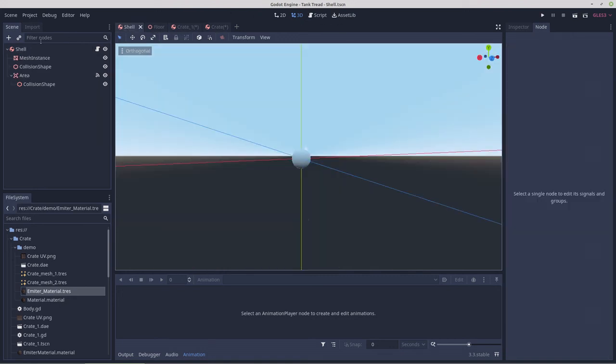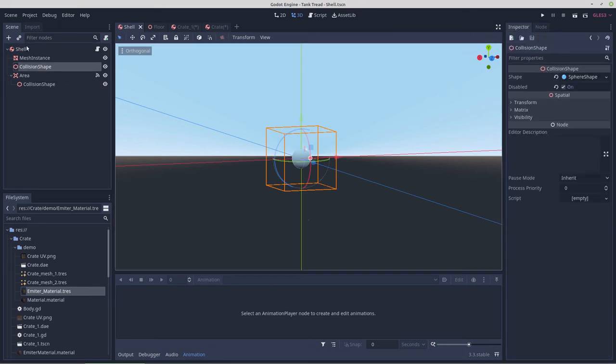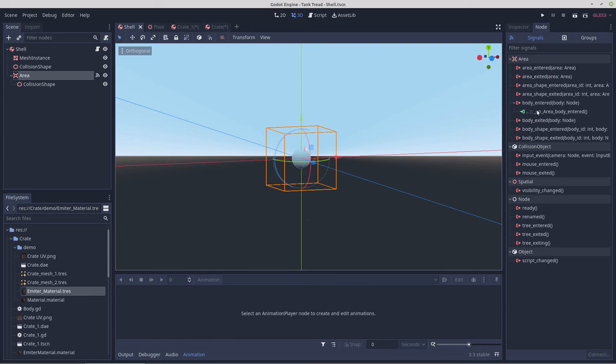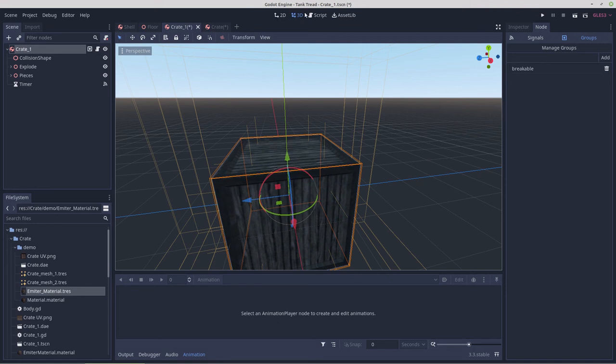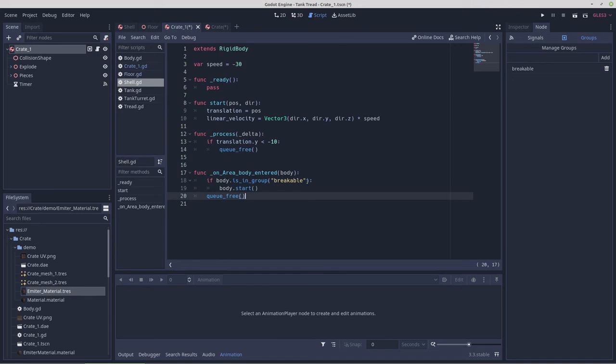For the shell, I changed the shell in a fashion so that it doesn't just bounce off of things now. I actually simply disabled its collision shape. I've left it a rigid body, and the idea of it bouncing off of certain things, that's likely to happen. I just didn't organize things yet. I added in an area and a collision shape, and the area has the on body entered. To make that work for a destructible, the crate is put into a group called breakable. So in script on the shell, when it enters a body, if the body is in the group breakable, it will make the function call to